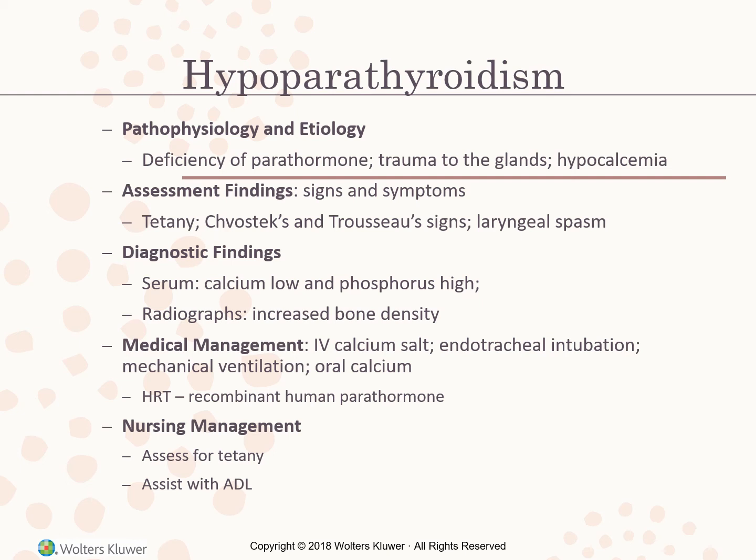Now, if the patient has chronic hypoparathyroidism, we want to make sure we're getting their complete medical, drug, and allergy histories. We want to examine the patient for symptoms of the disorder, primarily for the effect of hypocalcemia on the central nervous system. We're going to want to look at their legs and their arms, see if they have any muscle spasms, auscultate their lungs to see if they have any dyspnea or respiratory difficulty. And during the assessment of vital signs, we want to pay attention to the heart rate and rhythm because this